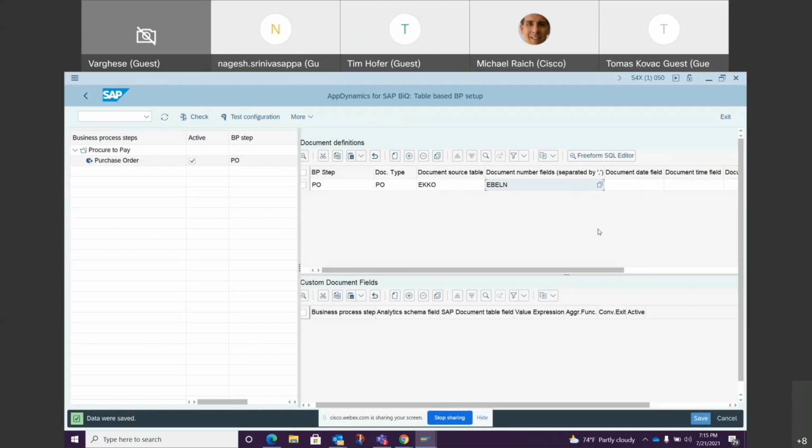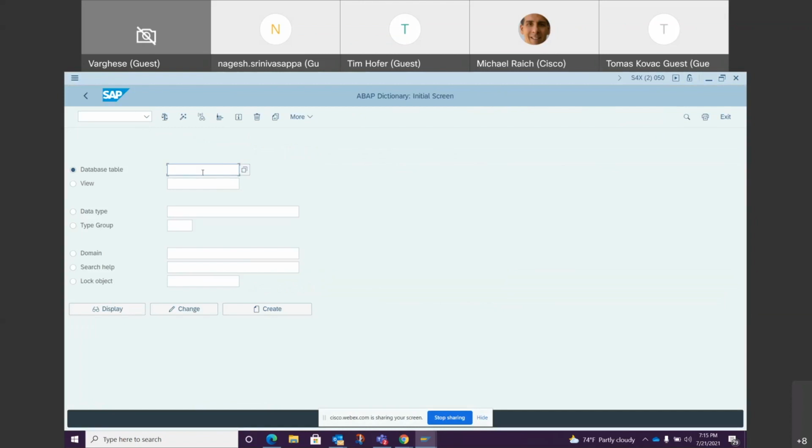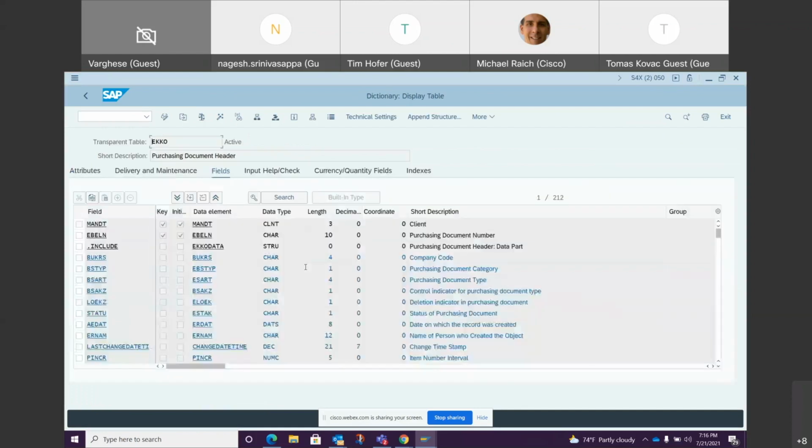And if you could open, excellent, thank you. And in the other window, if you could open transaction SE11. SE11 is a standard SAP transaction where we can see the structure and the fields of our tables. So let's just check it. EKKO, and if you display that, then you see that